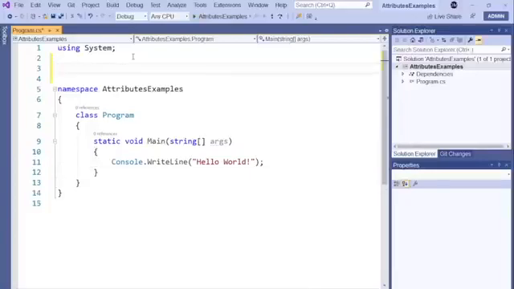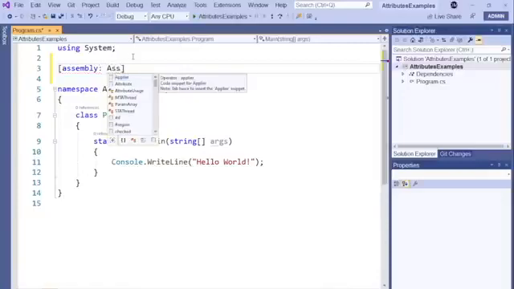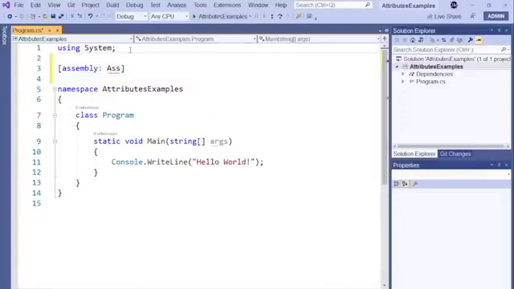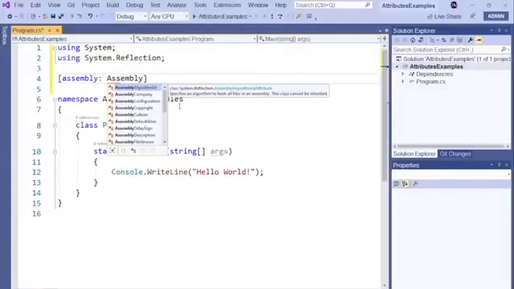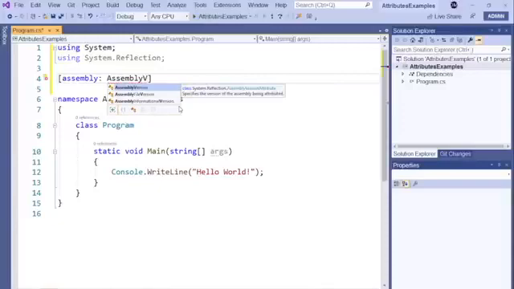We are able to do this by declaring this global attribute between the namespace declaration and the using directives. Okay, so why can't I see the assembly version attribute in the IntelliSense dropdown? The reason is that the assembly version attribute is part of the System.Reflection namespace. So let's add a using directive to the System.Reflection namespace. And now we are able to see the assembly version attribute along with other global attributes in the IntelliSense drop-down